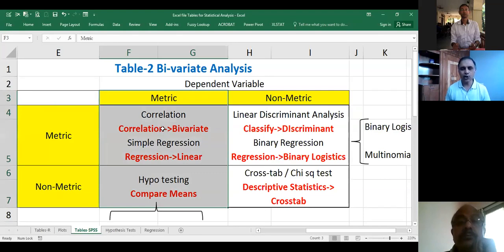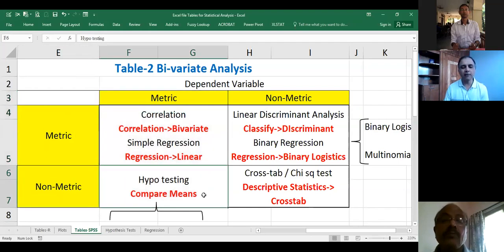Okay, the last question, how have you measured stress? If I say I measured stress in terms of yes, no, my simple question is, are you in stress? Yes or no? Can you see it's a binary question? And the measurement it will generate will be nominal. Nominal is called non-metric. So my dependent variable is metric, independent non-metric, I come to hypothesis testing.